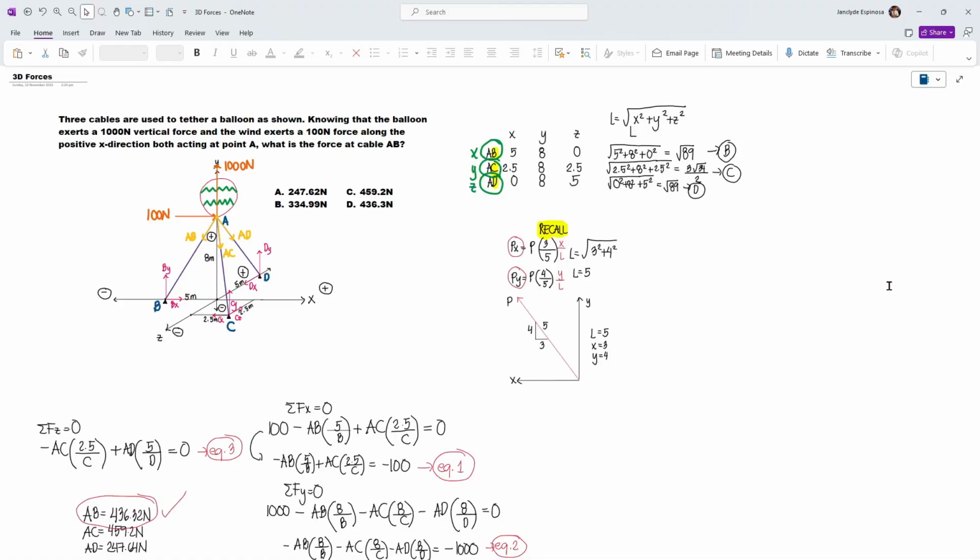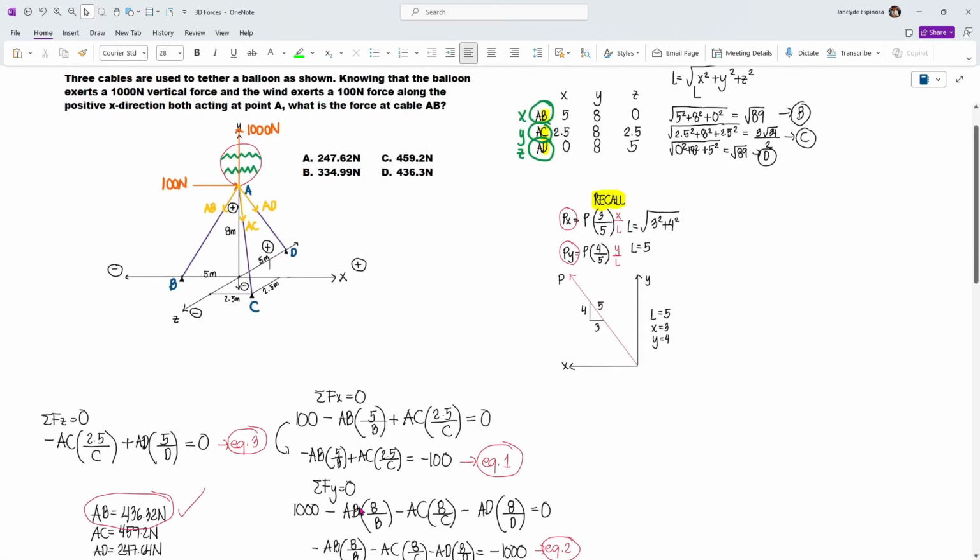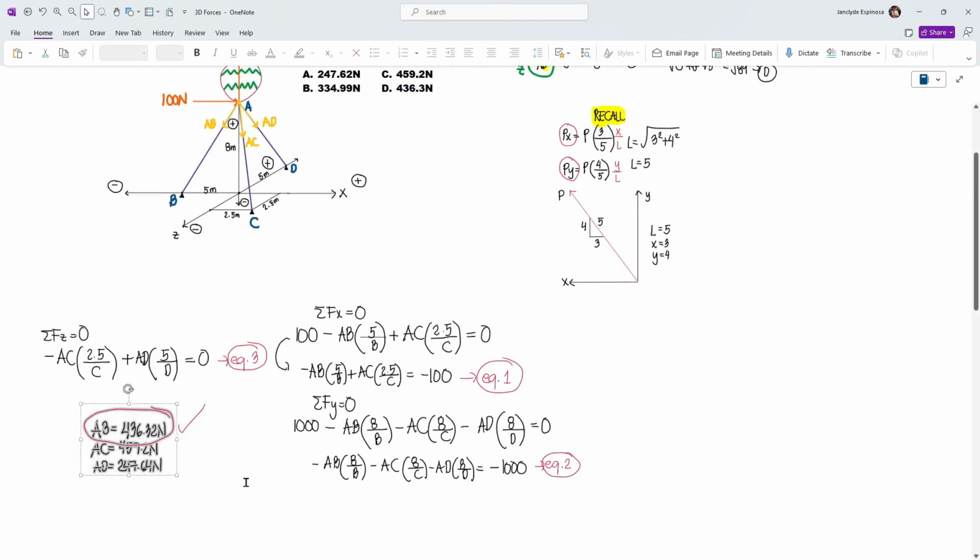In this lesson, we're going to learn how to solve 3D systems just by using moments instead of summing up forces along X, along Y, and along Z. This will help us save time in some problems, especially when our loads are applied at an eccentricity. And so last time, these were the results that we obtained by summing up forces along X, along Y, and